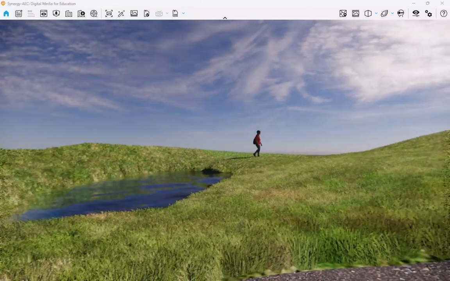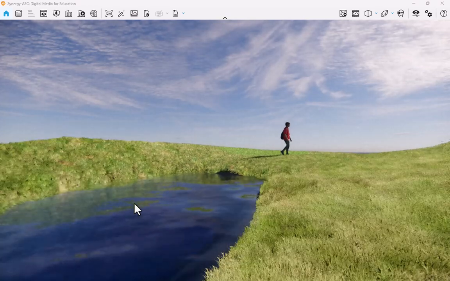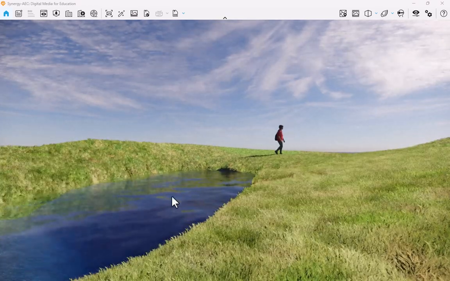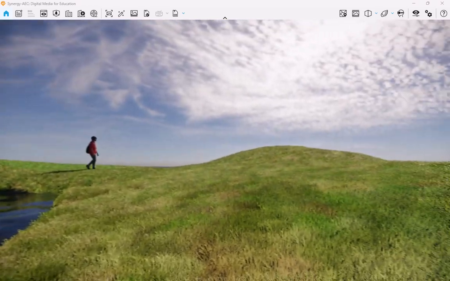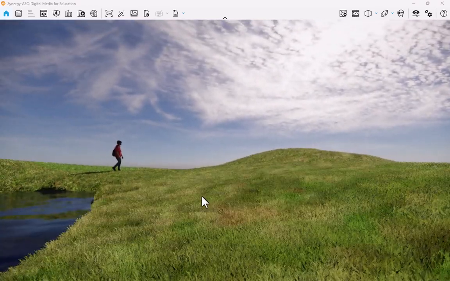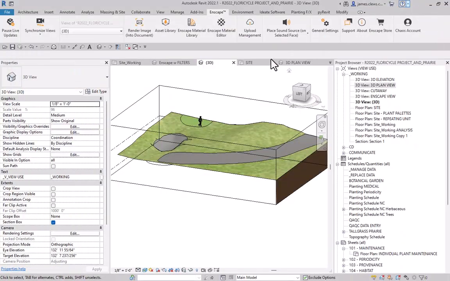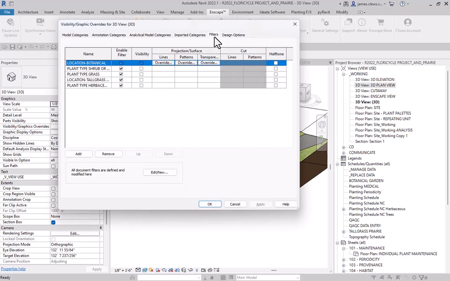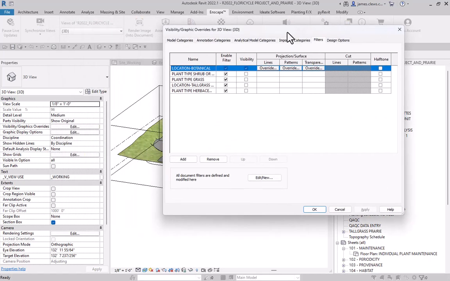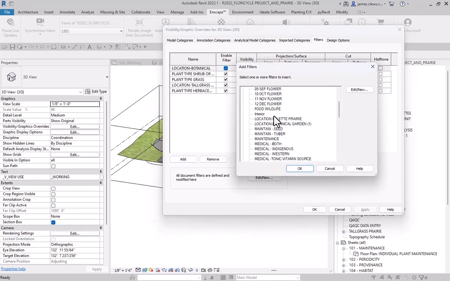You saw in previous movies how we could make water, so we've got a floor here that has a water material to make this look a bit more attractive. And then I'm just going to minimize this again. The thing that I've got here is if I do VG, what I've got is on Enscape assets that I have in the project, I've got the ability to add filters. So for example, say for plant